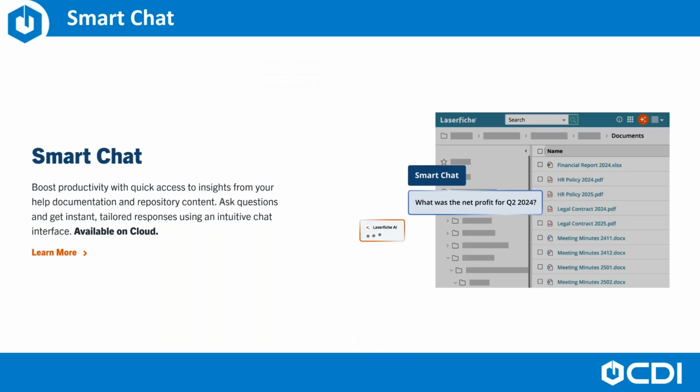There are also new Smart Chat features. This one is currently only available on the Laserfiche cloud model, but nonetheless, a new offering and soon to be released elsewhere. This boosts productivity with quick access to insights from your help documentation and your repository content. You can ask questions and get instant tailored responses using an intuitive chat interface, one of the brand new features